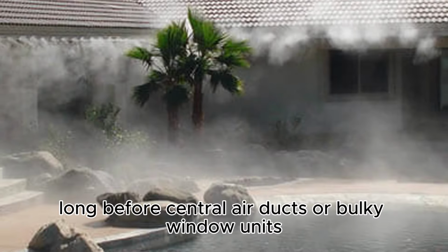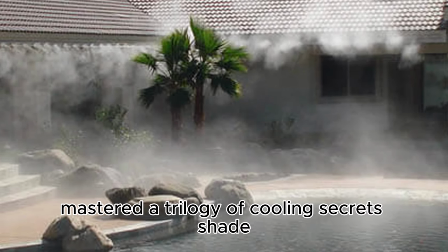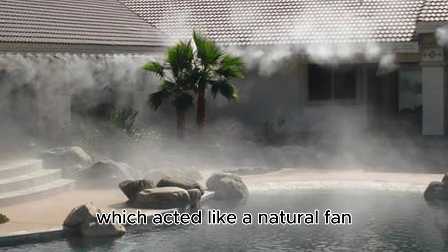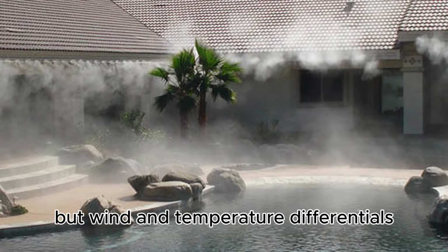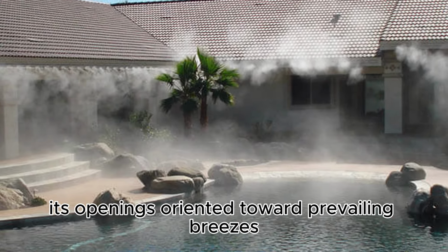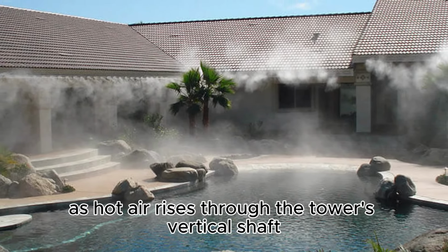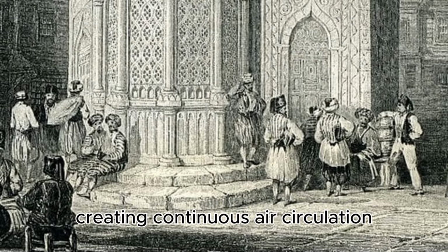Long before central air ducts or bulky window units, Ottoman architects mastered a trilogy of cooling secrets: shade, water, and ventilation. First up, the legendary wind tower, or Badjir, which acted like a natural fan powered by nothing but wind and temperature differentials. Picture a tall, rectangular shaft perched on a rooftop, its openings oriented toward prevailing breezes. As hot air rises through the tower's vertical shaft, cooler air is drawn from below into living spaces, creating continuous